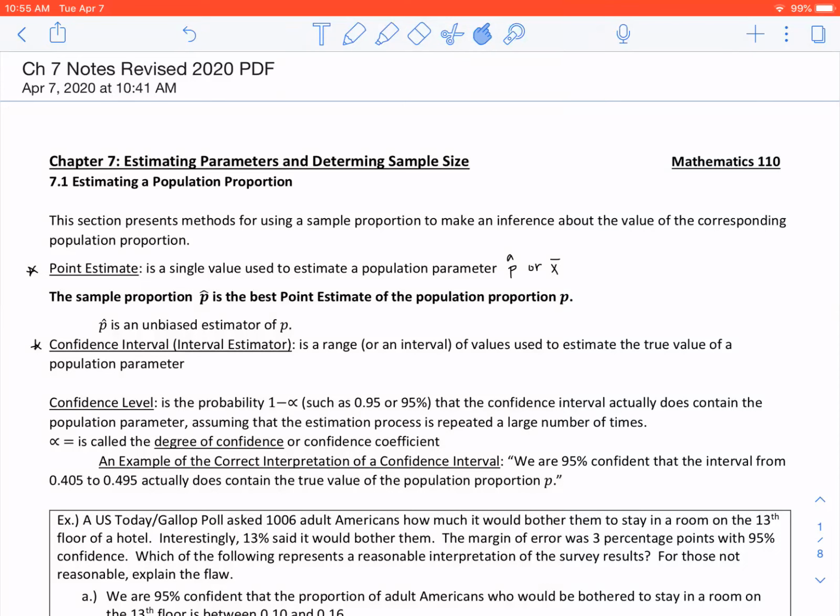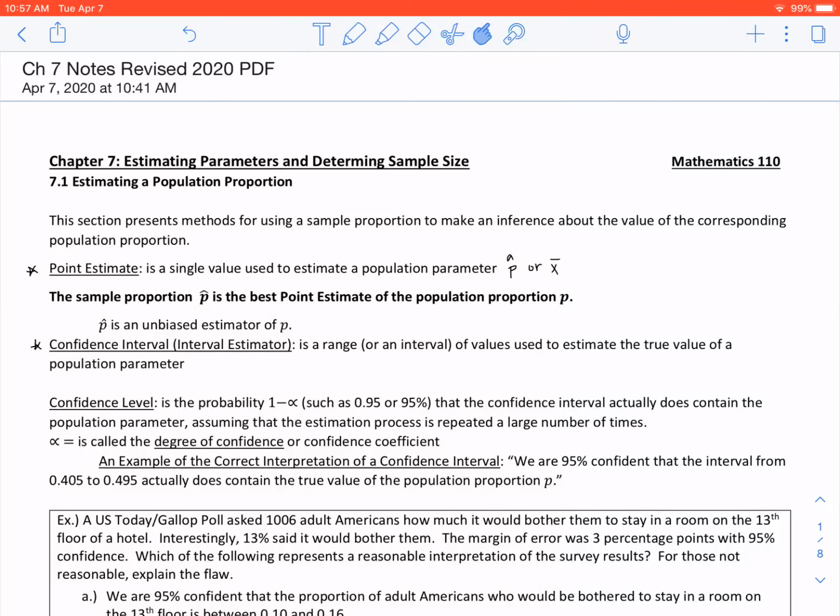It's a single value used to estimate a population parameter. We use p hat or x bar. And a sample proportion p hat is the best point estimator of the population proportion p. It's unbiased. Next thing to give a star to is the confidence interval, or the interval estimator, which is a range